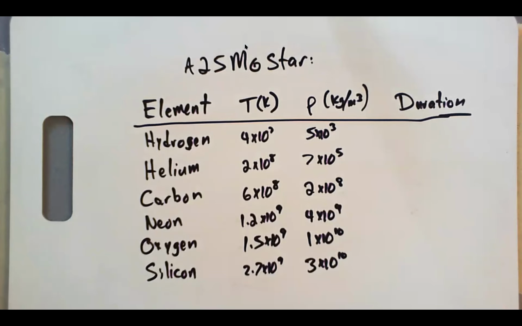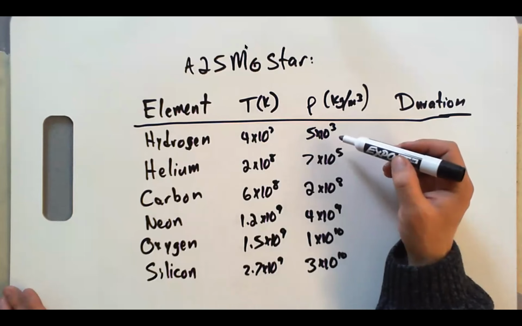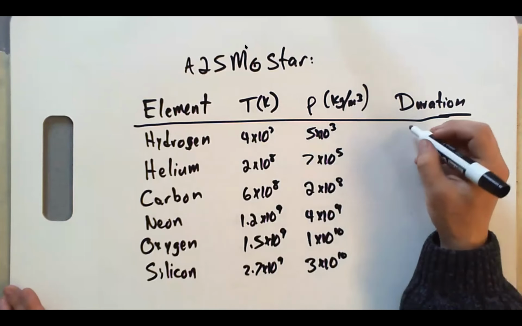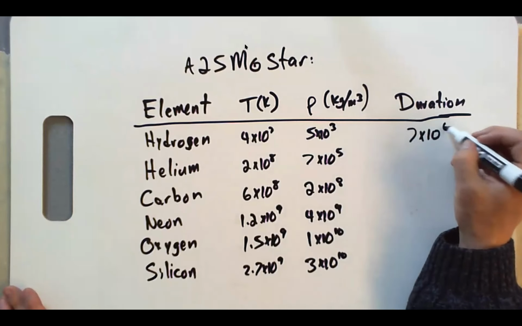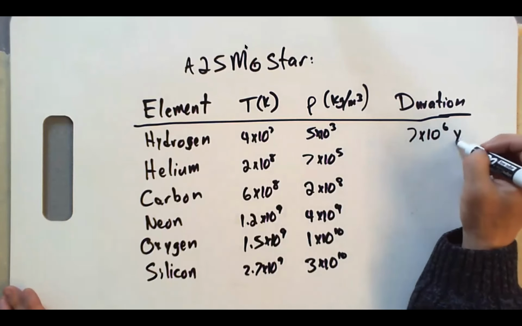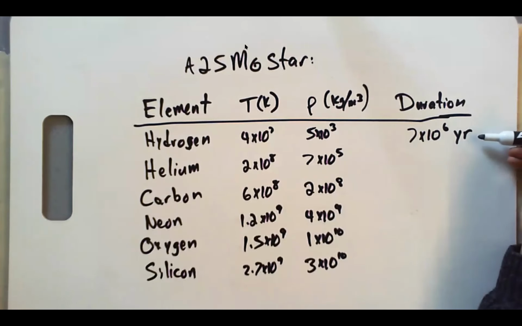How long? Well, let me tell you the first one. Hydrogen burning. This is at a very high mass star. It does not take anywhere near as long as the sun does, because it's so much hotter and denser. It goes through it much faster. This we expect to be about 7 million years, about 10 to the 6 years. Again, for comparison, the sun has this phase will last about 10 billion years, 10 to the 10 years, a much longer number.